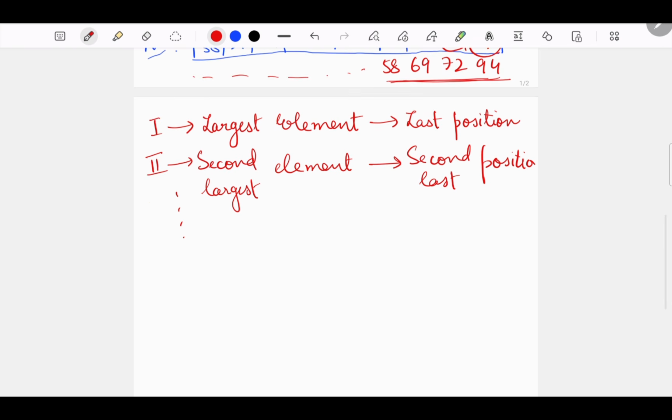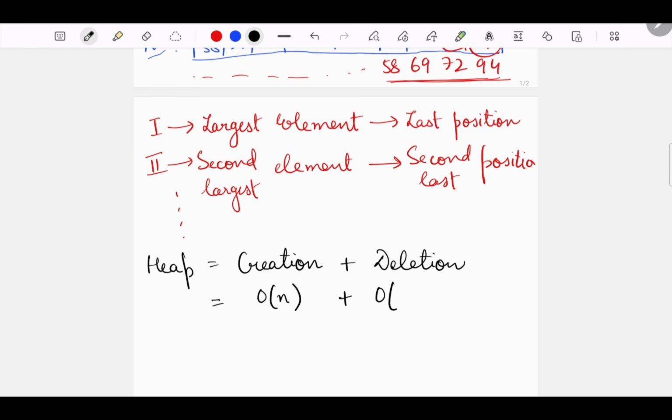So if you try to analyze the time complexity, I told you that for heap sort there are two steps. First is creation, and then we have to perform a deletion. Okay, so for the creation, if we are using heapify, our time complexity will be big O of n, followed by deletion.